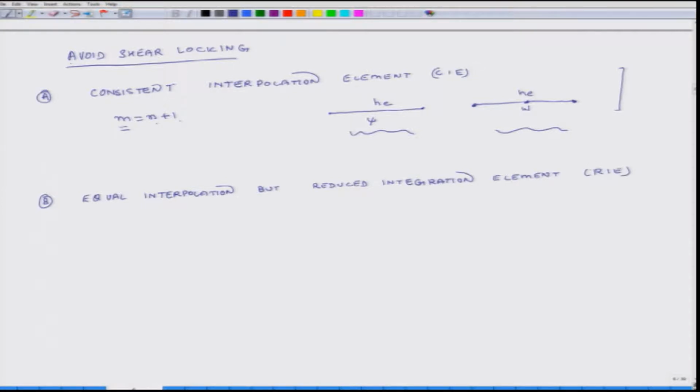So, here equal interpolation means that we still take m equals n,